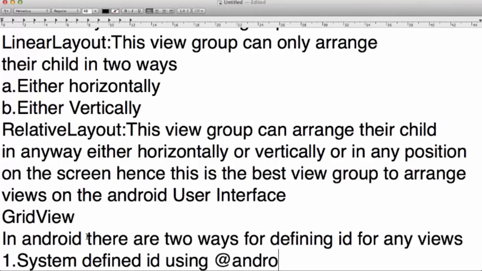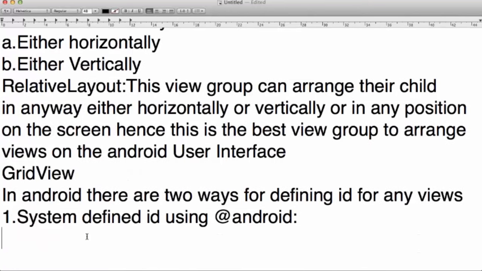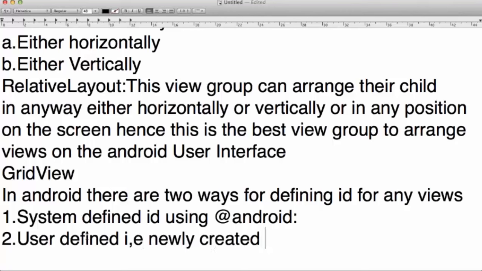For example, if you want to put the name of your text view, then you can use that ID, Android ID, @ plus ID, and you can use text view one. There may be a question in your mind: what is the meaning of @ plus ID?